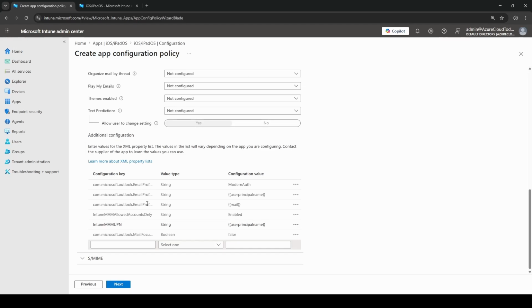So we would have to provide a configuration key, value type, and configuration value. The first one is com.microsoft.outlook.settings.days to sync. If you see over here, com.microsoft.outlook.settings days to sync. And over here, we would change this to integer and we would give this a value of 30 days. The next setting would be